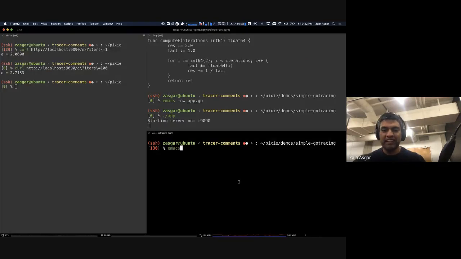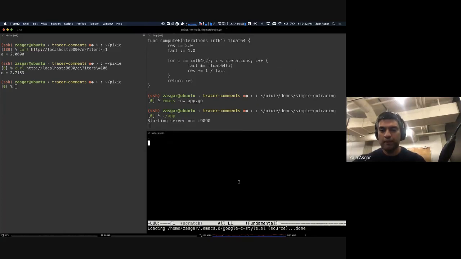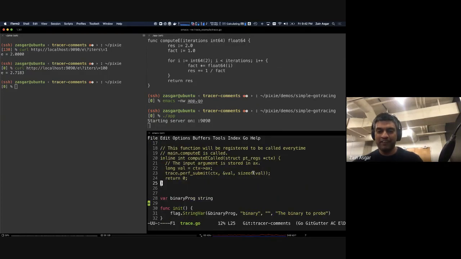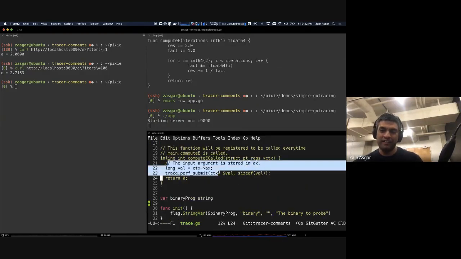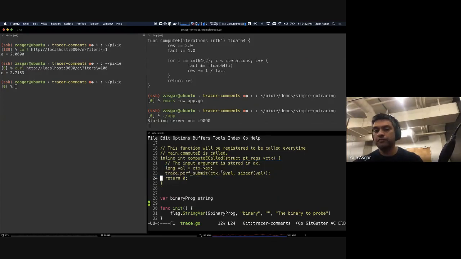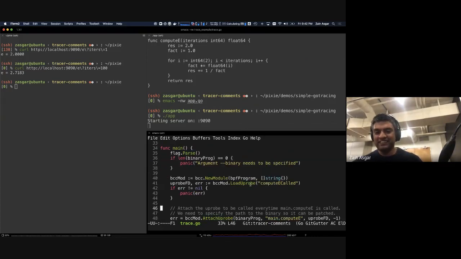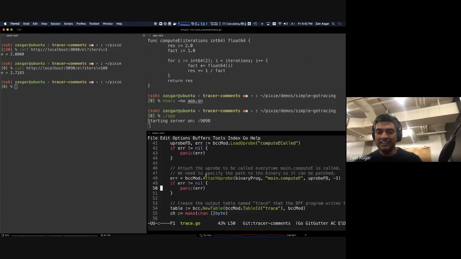Okay. So then I'm going to dive into the next part, which is the actual tracer binary. So this is a separate program that's going to try to figure out what the argument values are for the compute e function. So with that in mind, here is the BPF program that you saw in the slides, right? It's reading the argument and then writing it to the perf buffer. And then, as I mentioned, there's a bunch of boilerplate that says here is a new loading uprobe called compute e, and then attach a uprobe to main.compute e, which is what the symbol is typically called,